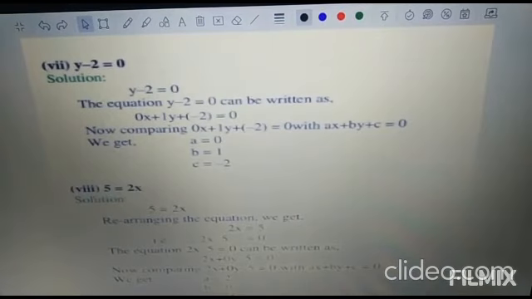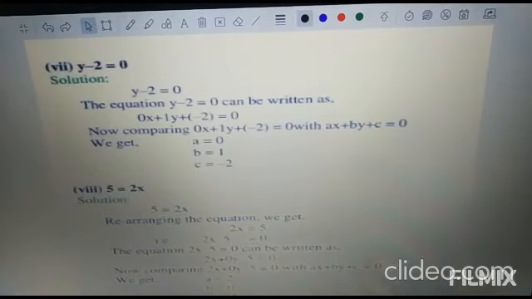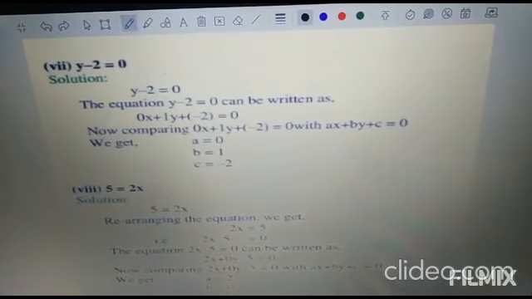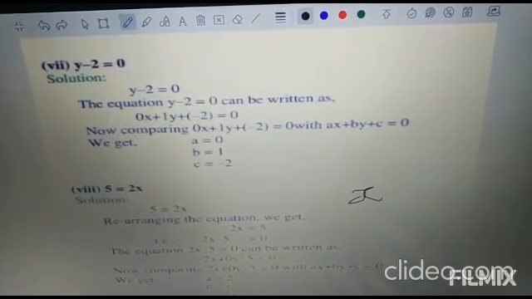Okay guys, now this part. 5 is equal to 2x. Now it's a little bit tricky. Now what will we do in this part? We will write 2x on the left side first. 5 minus 2x is equal to 0, and then y's value is not given, so in this also we will write 0y. So keep this in mind, guys, that whenever either x's value or y's value is not given, we will put a 0 with them. We will write 0y or 0x.